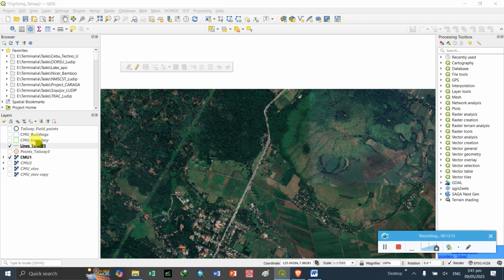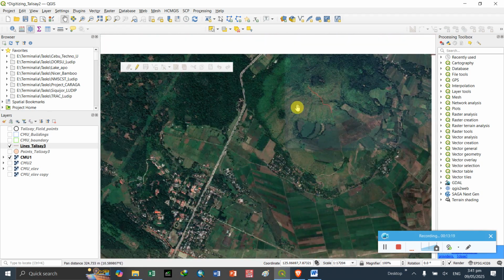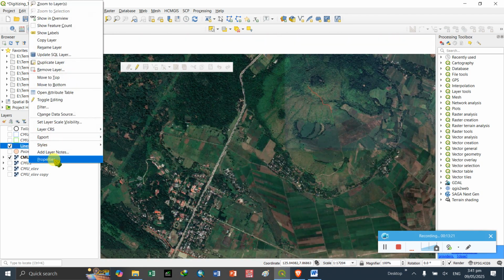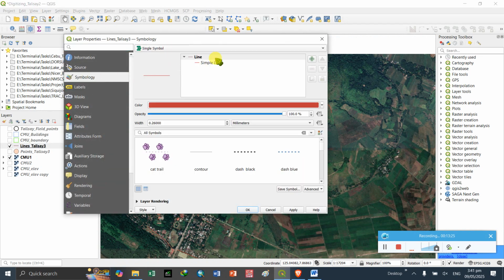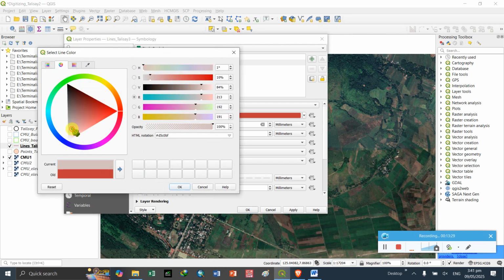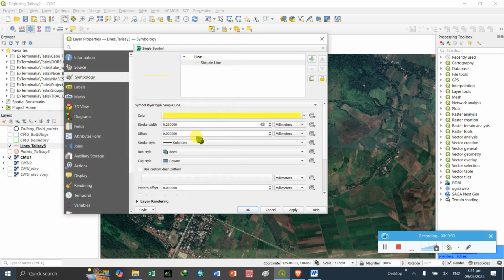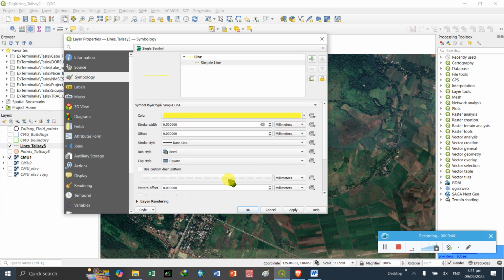And of course, we want to visualize properly the line feature. So to edit, go to properties, symbology, and then we want to change the color into maybe white or say yellow, and then change the stroke width into something bigger, and that solid line, or maybe you can have it dot line or dash line.